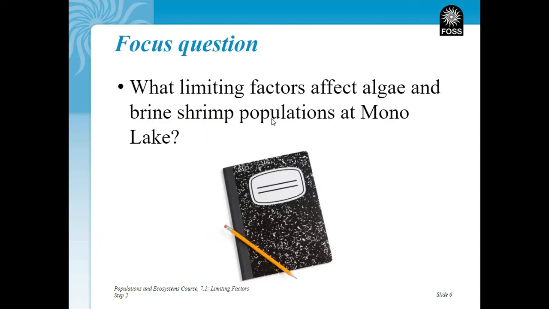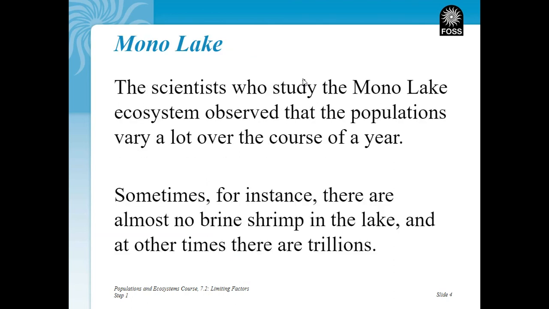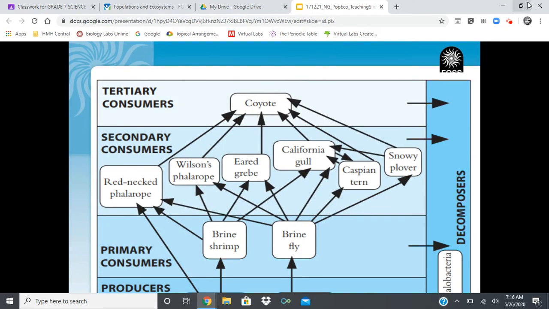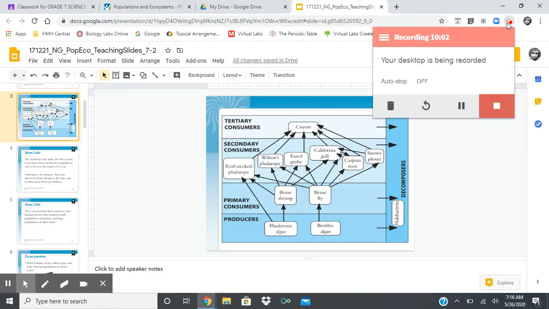And remember, what we are after, we're trying to figure out what the limiting factors are that affect algae and population growth, because populations change. And remember, in a food web, if populations change, it's going to affect other organisms in there too. Can't forget that. Everything's connected. So good luck. Take a look at